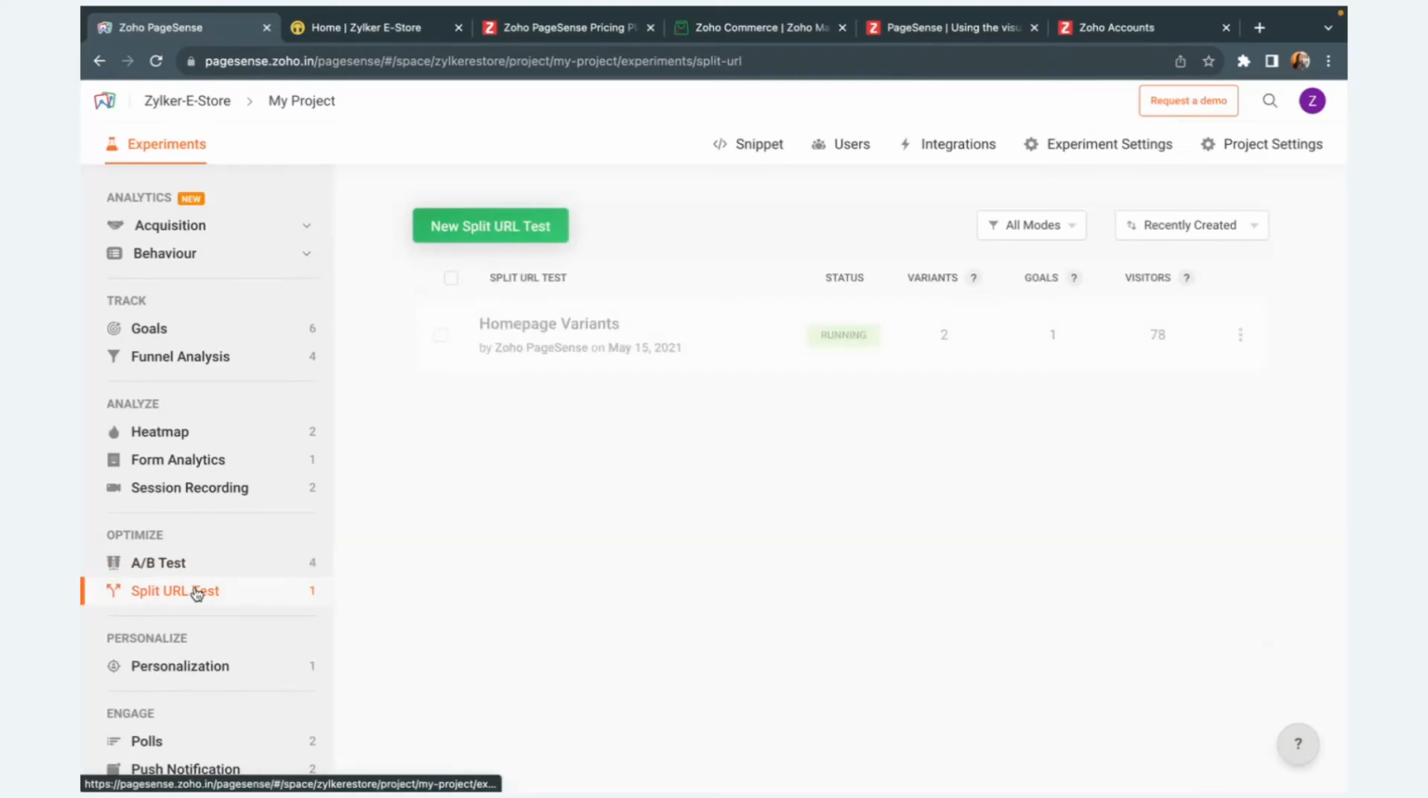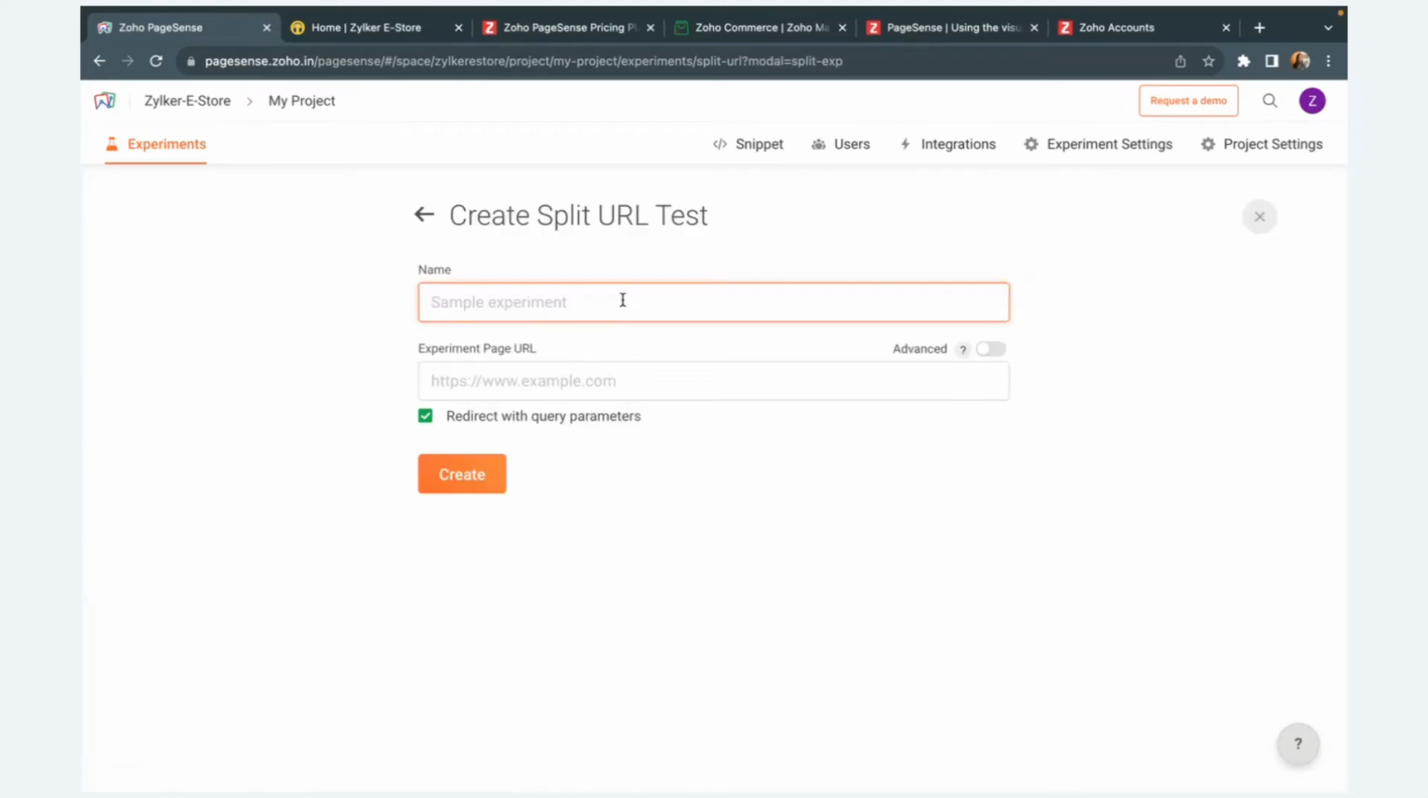And split URL test is 99% similar to A/B test in terms of configuration. One small thing that would change is that with A/B test, we tested based on element by element changes, whereas with split URL test, we test two different landing pages of the same kind. Let's say you have home page A and home page B with a different layout and structure and color, brand guidelines, and so on. So you'd like to test which of the pages is yielding more engagement for your business,